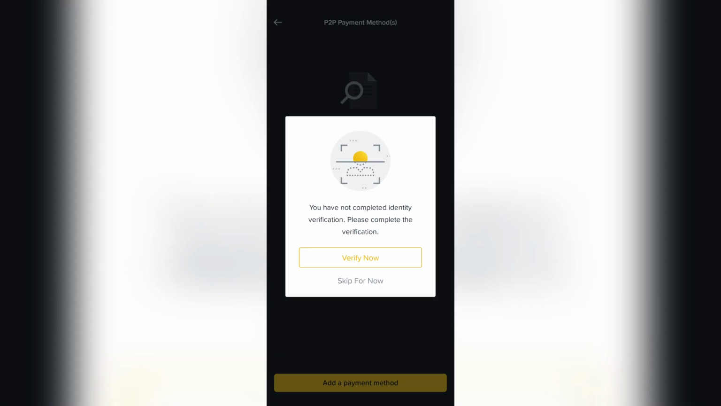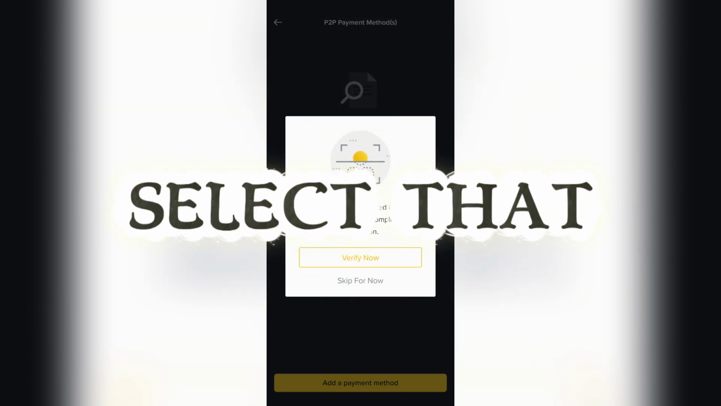if you haven't, because you cannot do it without verifying your account. And after doing this, you are going to see the list of the payment methods that is available. Bank account option